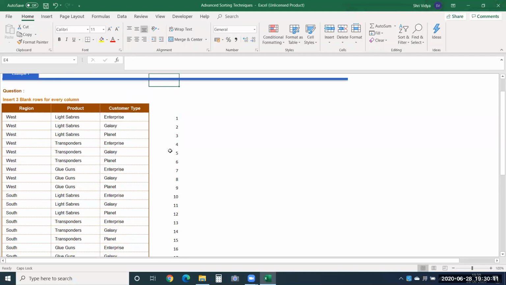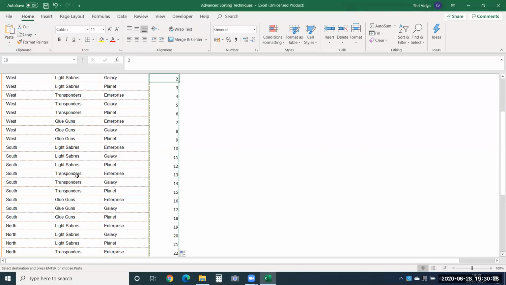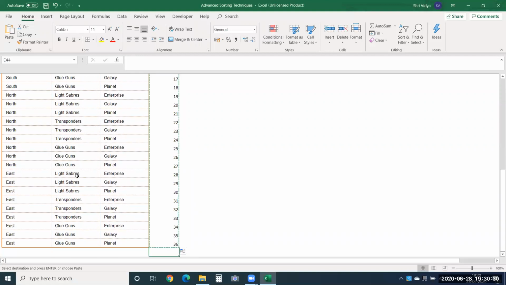After you have numbered it, you are going to create copies of the same numbers, one below the other, based on the number of blank rows that you require. So currently we want 3 blank rows. So I'll copy this.